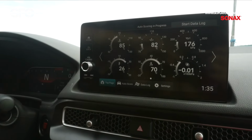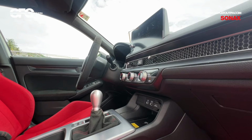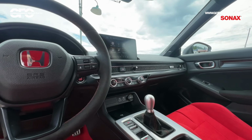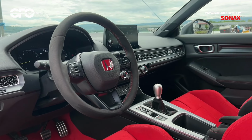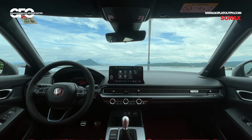And then down here center console, you have this silver trim piece which contains a manual gear lever, of course being the Type R, wala kang automatic dito, and the drive mode selector which now contains a plus R button. So with the plus R mode, it puts the car in a stiffer setting sa kanyang suspension, and the steering profile, yung kanyang heaviness ng steering, is already pretty heavy for an electric power steering, yung Type R na steering ngayon, no? By default. Put it in plus R mode, it becomes even heavier, almost hydraulic steering like yung kanyang bigat. And other profiles that the plus R mode changes is also the suspension, which puts it in a stiffer